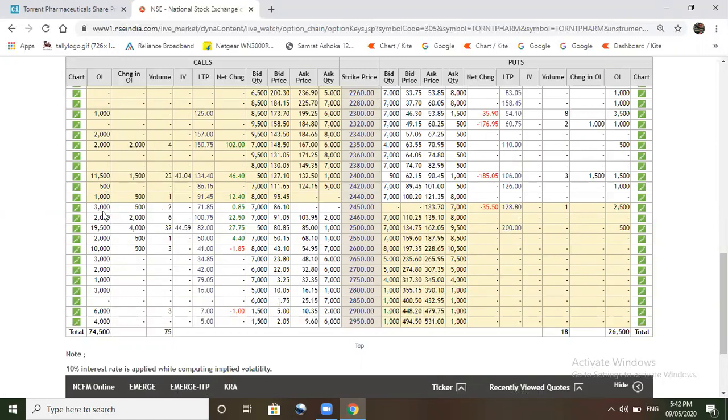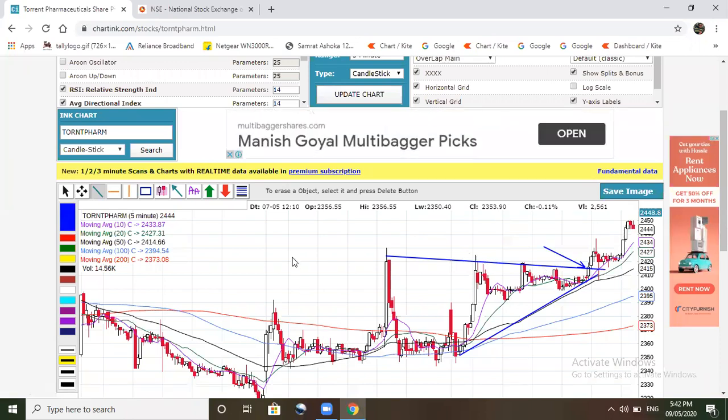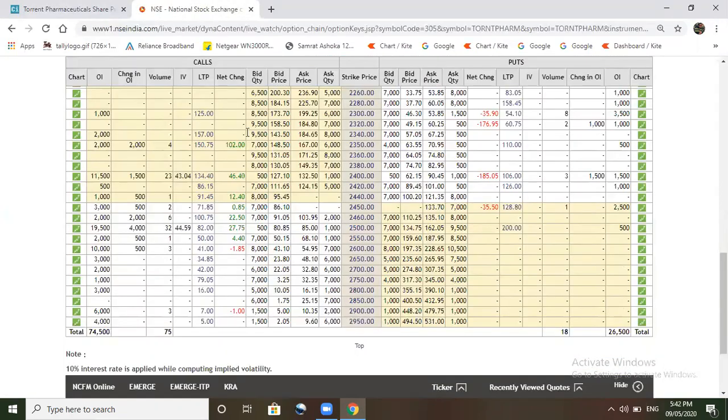Sometimes if it is highly bullish, because here the open interest was not added that much. Here it was added at the 2440 level, and here also some addition was there. It went up to 2450 on the intraday. So whenever there is a confusion, you have to take the cue from the stock price. So this way you can analyze whatever is the resistance and whatever is the support.